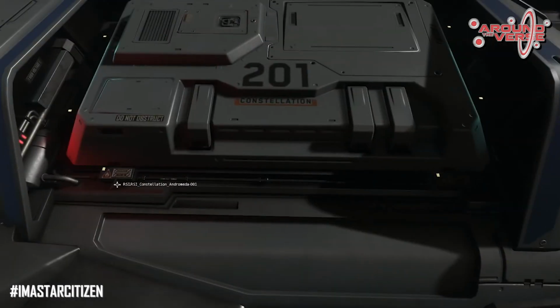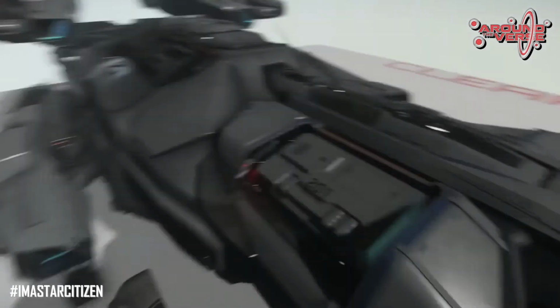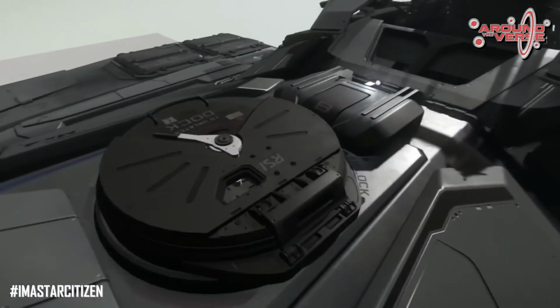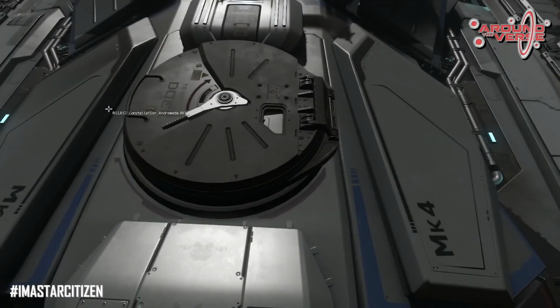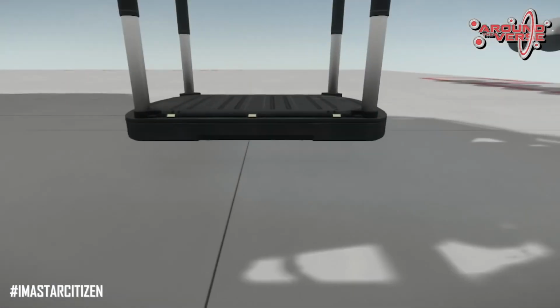More details. I wanted to add in some kind of clues as to how this works. I've got some dead charge packs down here, just to make it feel more believable. You got your top hatch exit. Also on the bottom,